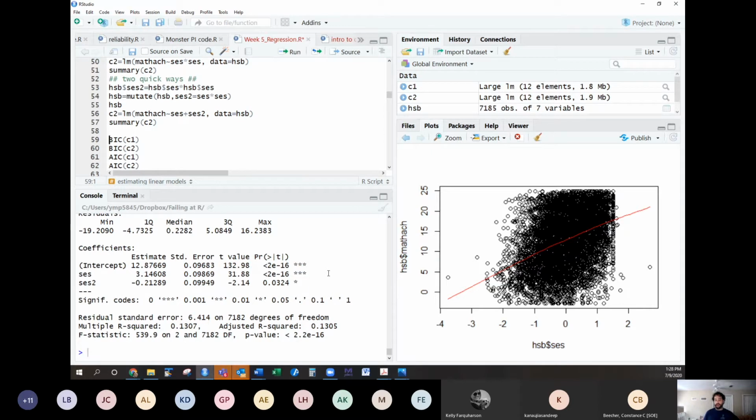And here's what's interesting with that. If you look at this, you can see that you have a significant linear coefficient and then a significant nonlinear coefficient. This is telling us that there is a quadratic function,